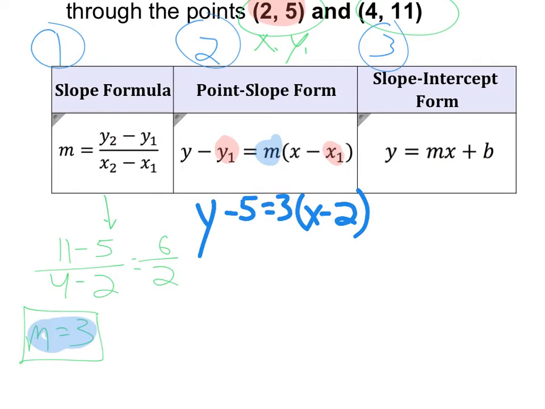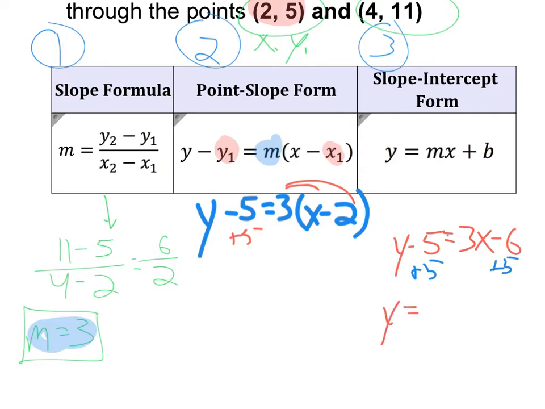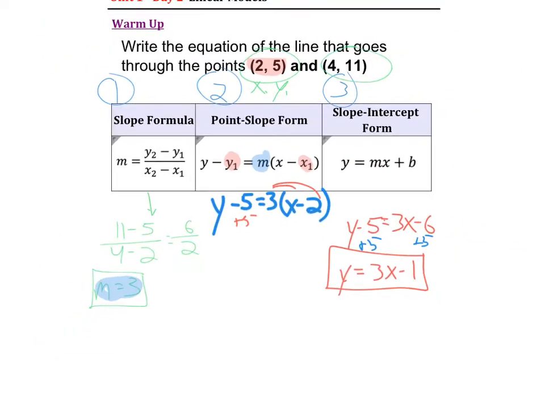Now to transfer that into slope intercept, all we're going to have to do is distribute our slope into those parentheses there and rearrange by adding 5 to the other side. So that's going to look like y minus 5 equals 3x minus 6. And then as promised, we're going to add 5 to the other side. Please excuse that horrendous penmanship. And we're going to get y equals 3x minus 1. So that process is going to come into play quite a bit as we go through today's lesson. All right, without further ado,